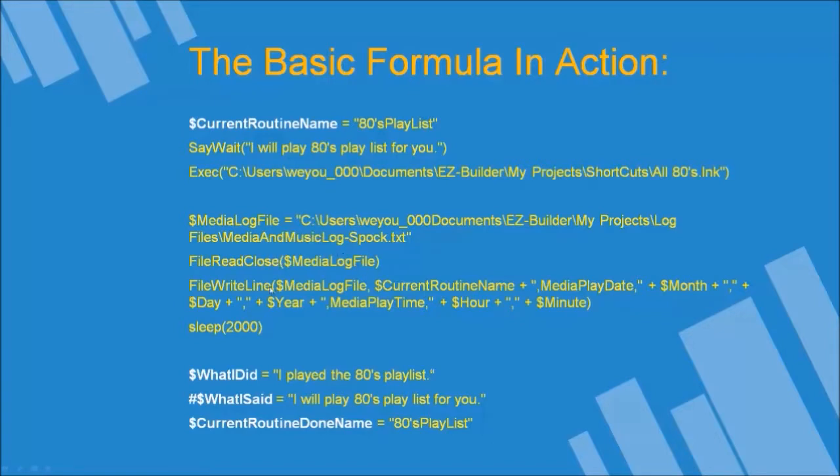Then I'm going to write a line to that file, and I'm going to write the current routine name, which is 80s playlist, plus the media play date. So it would literally read out 80s playlist, comma, media play date, comma, and then the variable for the month, comma, day, comma, year, comma, play date time, comma, hour, comma, minute. And then the sleep 2000 creates a brief pause in order for it to complete this